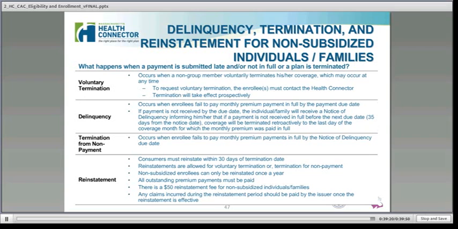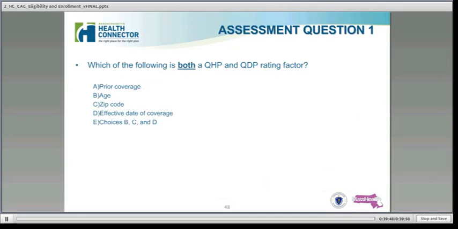In the year 2014, from January 1st to March 31st, the effective dates will be in accordance with their coverage effective dates policy. But again, remember, as Nikki mentioned earlier, at least 5 business days before the first of the month when the coverage would begin. And we've mentioned that. It's been in some of the other slides we've talked about, and you'll probably hear it again. It's 5 business days before the first of the month for the QHP coverage.